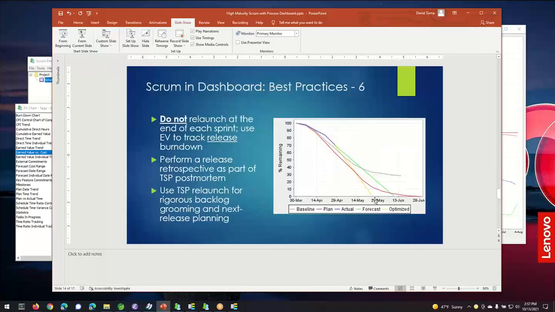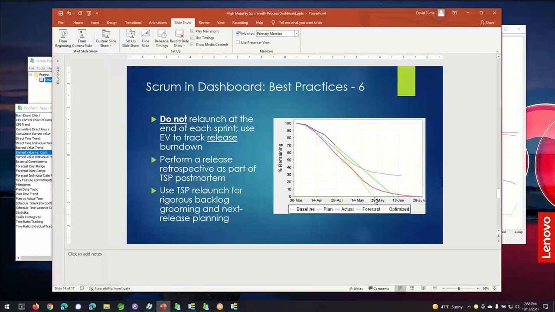All right, and then moving right along, one of the concepts in high maturity project planning is the idea of a relaunch. You get to the end of a program increment and take a look at the work that you finished and the work that still remains, close your current iteration, do your retrospective, and then create a new plan for the next cycle going forward. In high maturity, that's called a relaunch. In Scrum, it's possibly called backlog grooming. But the idea is that you